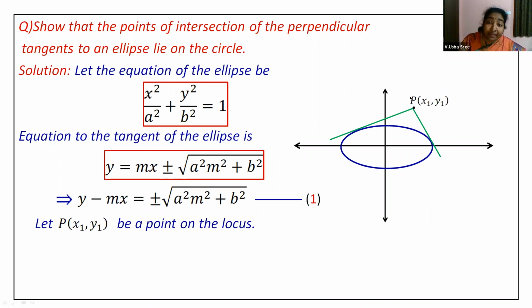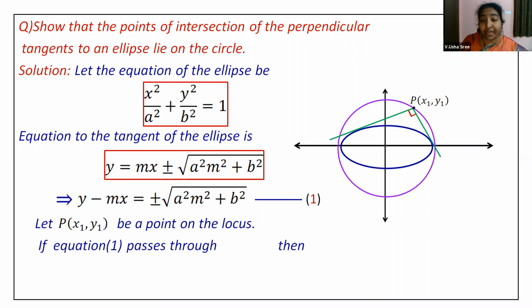Now, can we get this type of points further for this ellipse? Yes, we can get how many ever points you have for each pair, one point of intersection. We can get 1 point of intersection for one pair of tangents, and we are going to pick such tangents which are perpendicular to each other. When they are perpendicular, all such points of intersection, when you join, then the circle which is obtained will be a director circle. This is what we are going to prove.